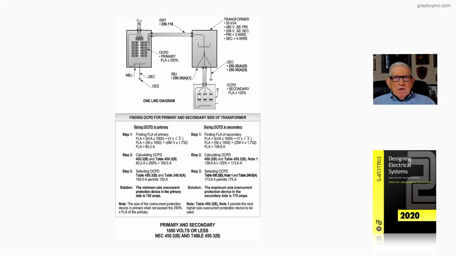Now we're going to figure the primary overcurrent protection device based on 250% times the primary current. And remember, when you increase above 125% times the full load primary current of the transformer, up to say 250%, then you have to put the 125% in the secondary of the transformer. Now, this is due to inrush current problems that might occur, and you trip that primary overcurrent device at 125%